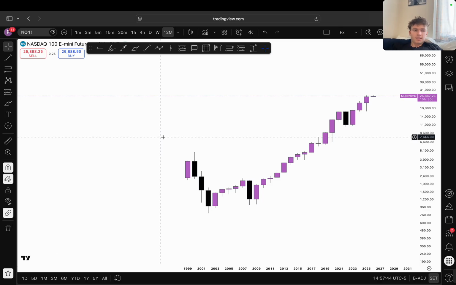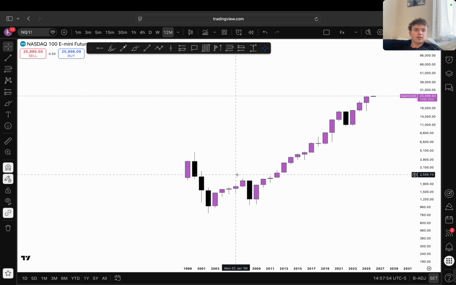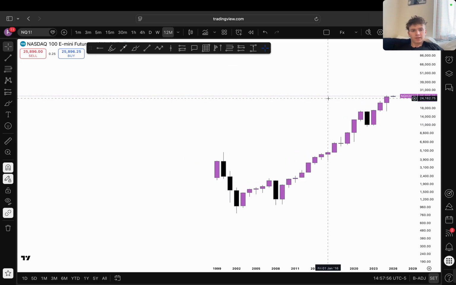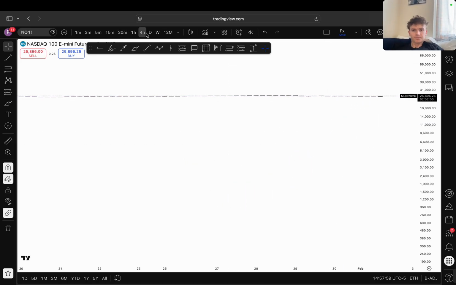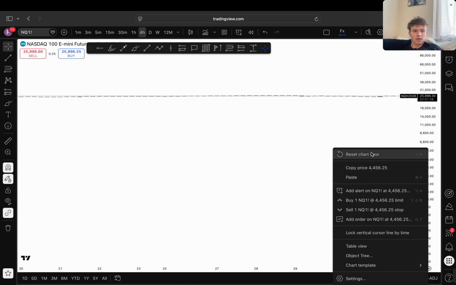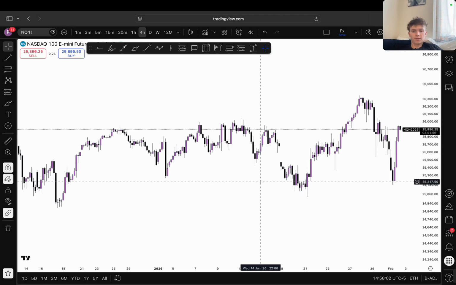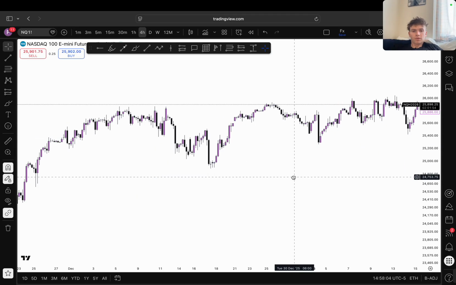Today I'm going to be teaching you guys about fair value gaps and inverse fair value gaps. So let's drop down to the 4 hour here. What a fair value gap is,